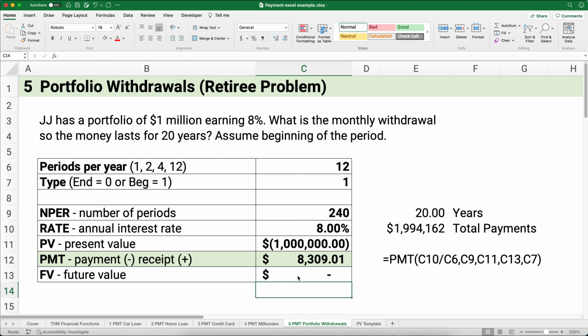So let's think about this problem. And we did the payment just like we would otherwise. So if you have a portfolio of $1 million and it earns 8%, what is the amount you can withdraw? And you just want that money to last for exactly 20 years. If you can get exactly 8%, then you can withdraw $8,309 every month. And then at the end of 20 years, you have 0 balance. And what's happened, because you have an investment, then you've actually taken out